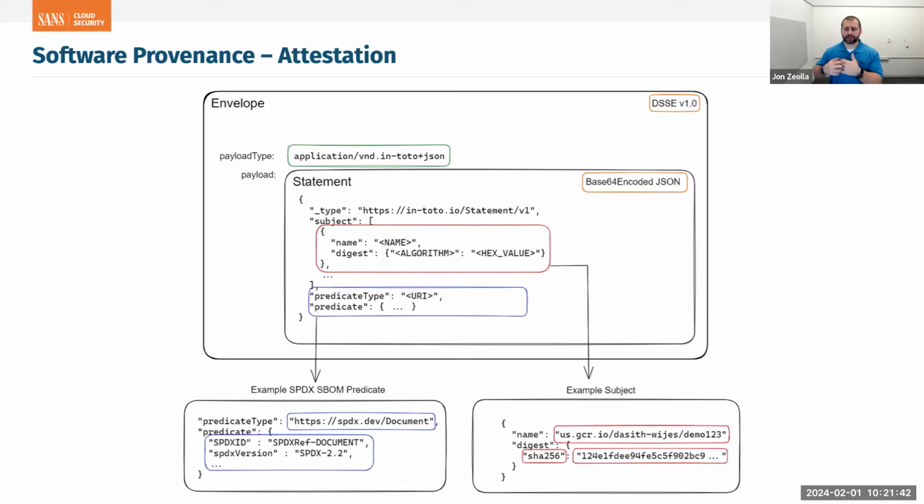So here we're going to be looking at a software bill of materials predicate in the format of SPDX. That's one of numerous formats that you could choose for this subject, right? For this set of code. So we are connecting code with the output of building that code and the thing that someone would actually use. So the goal is we're trying to link things together back further and further and further.